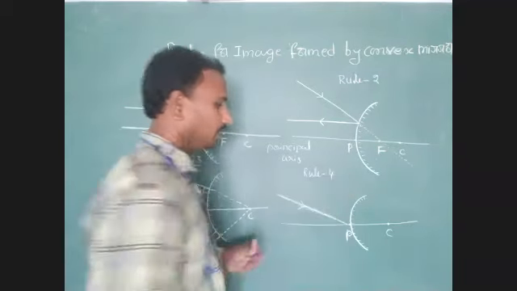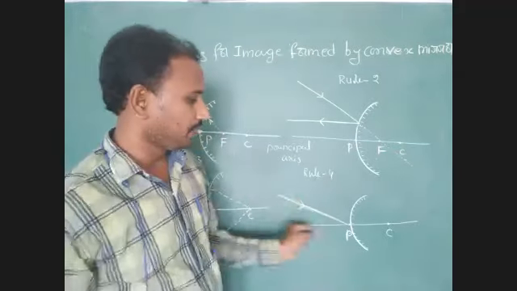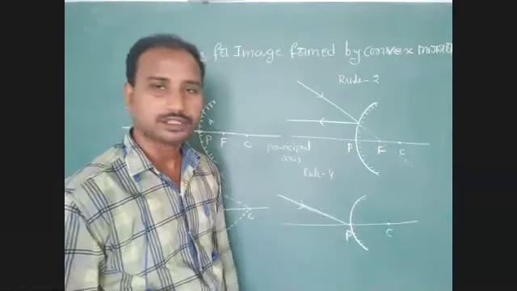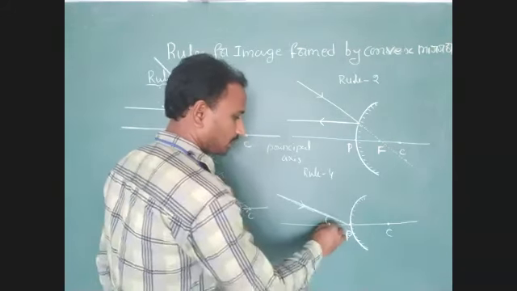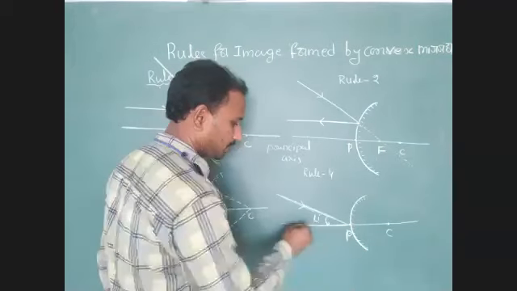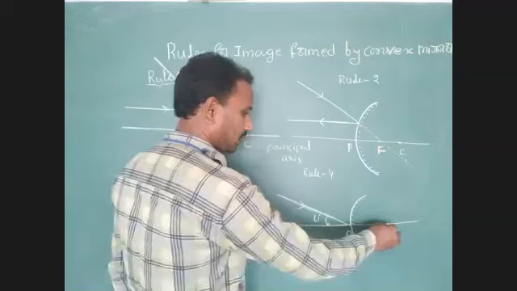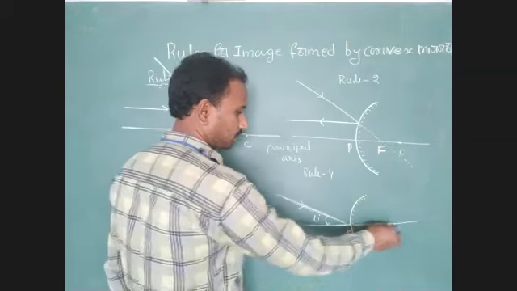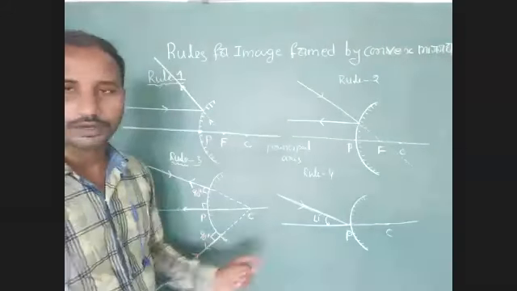Rule 4. Here, just identify the incident ray, incident at a point P on the reflecting surface of the convex mirror. Here the incident ray makes angle I with respect to the normal. The normal is always perpendicular to the surface. That normal we have to consider from the center of curvature. So here the normal appears from the center of curvature.